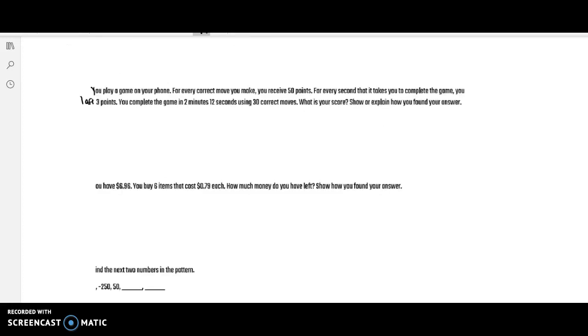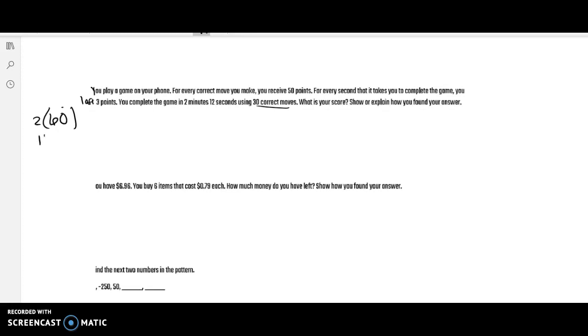You play a game on your phone. For every correct move you make, you receive 50 points. For every second that it takes you to complete the game, you lose 3 points. You complete the game in 2 minutes and 12 seconds using 30 correct answers. What is your score? So we're going to first take 2 times 60 to figure out how